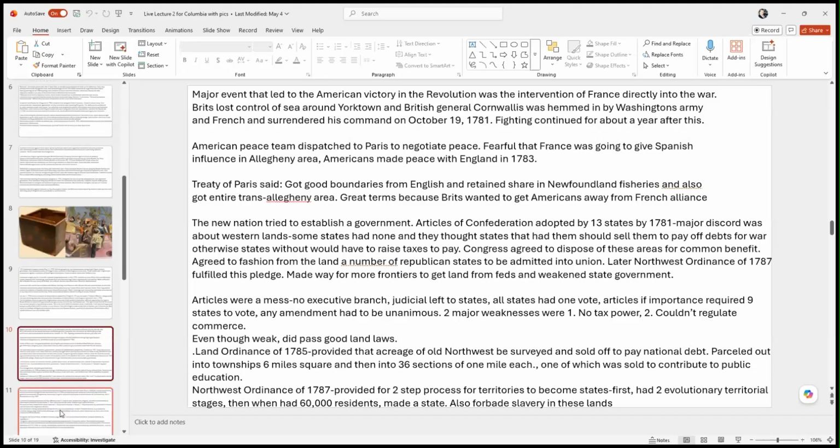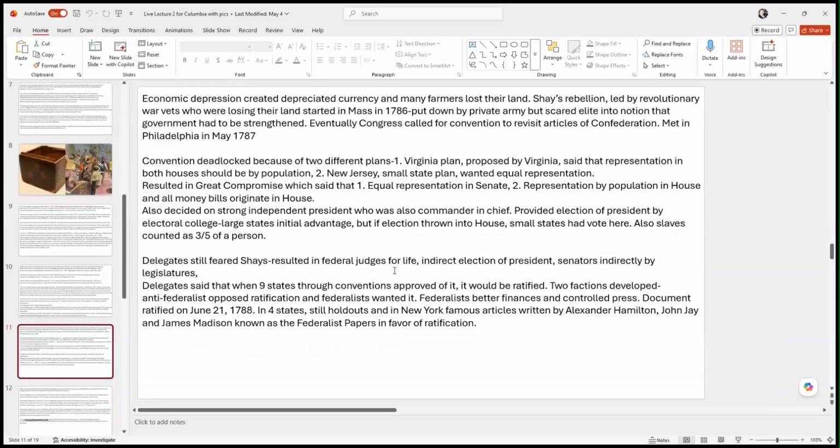and what ends up happening is there are a lot of veterans of the Revolutionary War, and a lot of them had been farmers. And when they were off fighting the war, they weren't on their farm, and as a result, a lot of them lost their farms. So there's a whole bunch of these people.